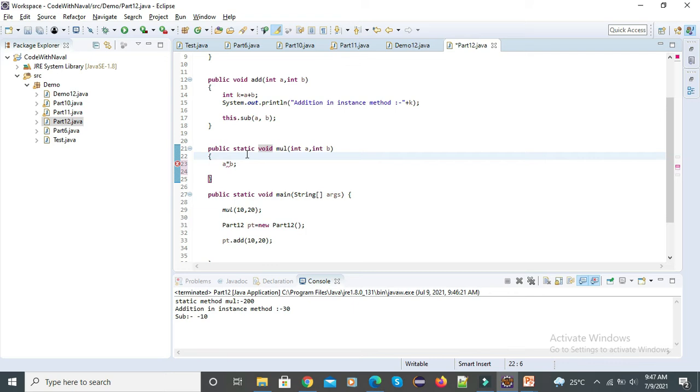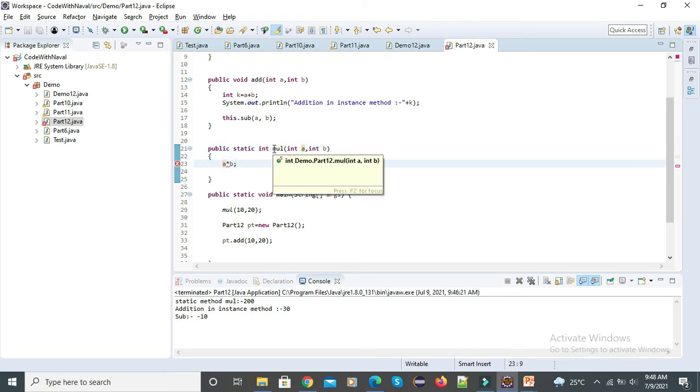But now I want to return this result. Our result type is an integer, that's why I'll change void to int. Now I need to return this result. I'll simply type return and it works.